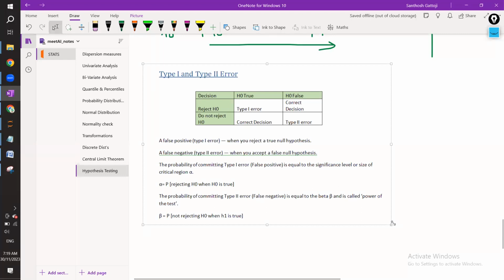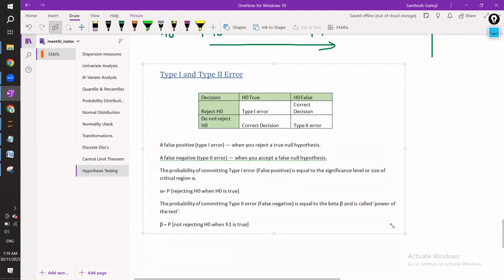Okay, so this is actually very interesting. See, guys. Now,